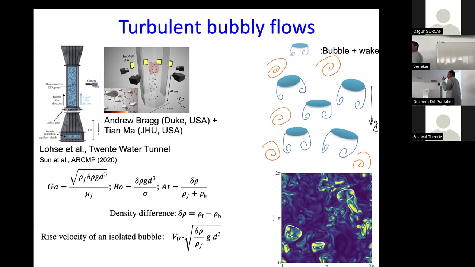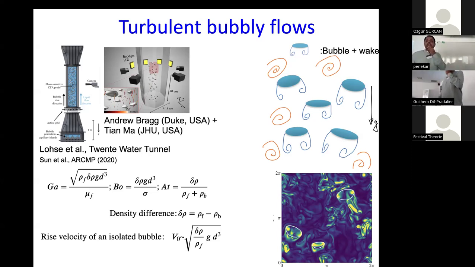That's your Galilei number. Okay, this is equivalent to a Reynolds number. The other number tells you how deformed the bubble can be. That depends upon the interplay between the buoyancy forces and the surface tension. That's your Bond number. The third non-dimensional number which is relevant is the density ratio between the air and water. That's the Atwood number. For an air-water system, Atwood is 0.99999. And then there is the viscosity difference, but at least for the parameter range we will be working in, that is not so relevant.